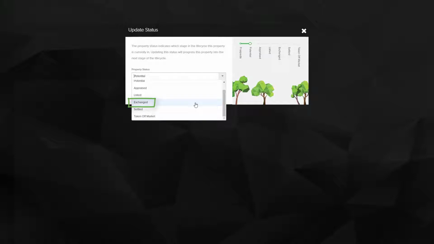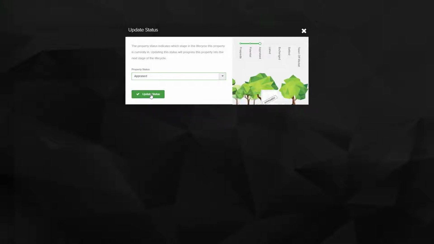Exchange is when you have the property sold unconditionally. Settlement is on the day it settles, and taken off the market is for when the property is to come offline. If we wanted to update this property from potential to an appraisal, we select that status and then select